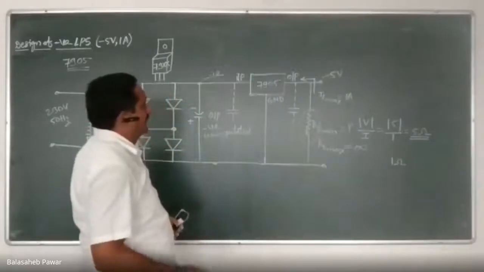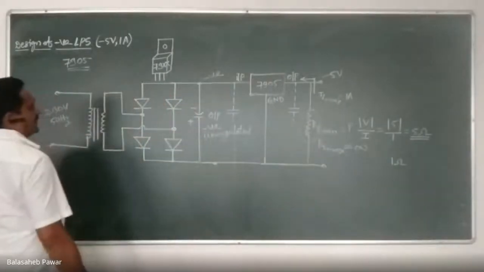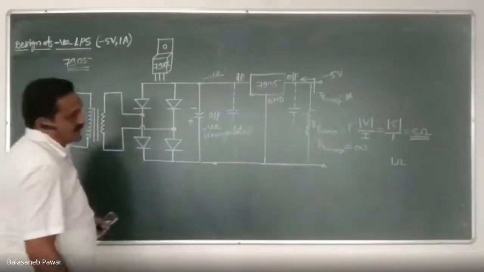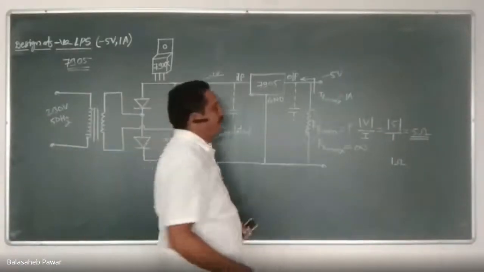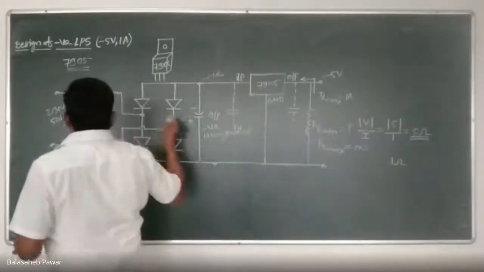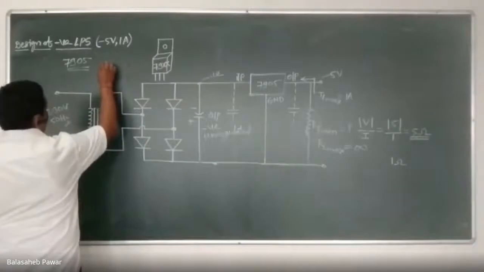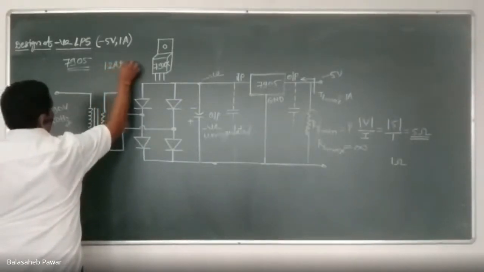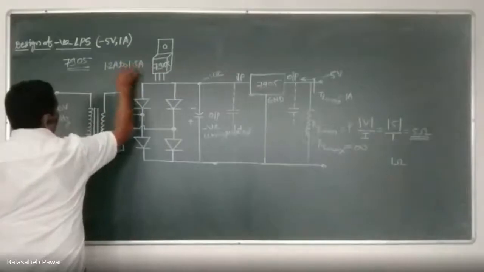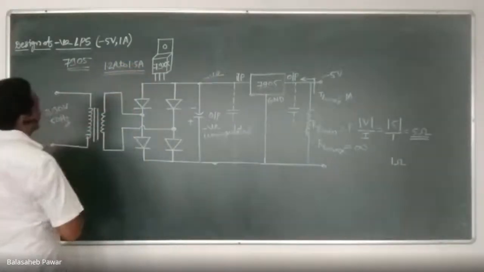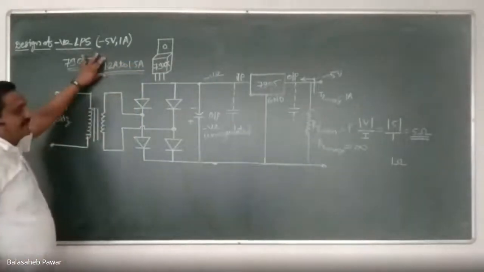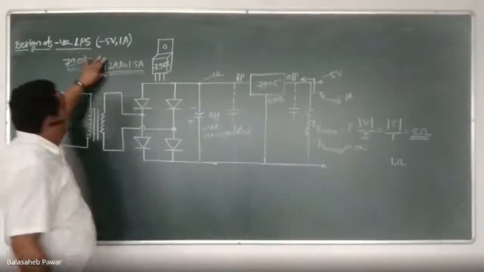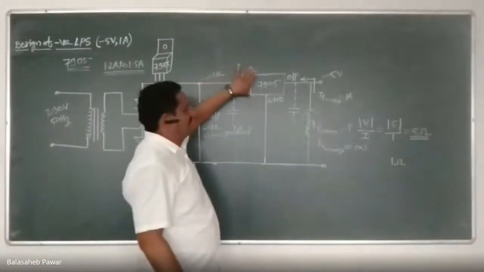Okay. Again, one more thing that you have to remember: for the 78 series as well as for the 79 series, as per the data sheet, it can provide a maximum current of, I think, 1.2 ampere to 1.5 ampere. We should not exceed this current, right? Otherwise, that IC regulator gets damaged.